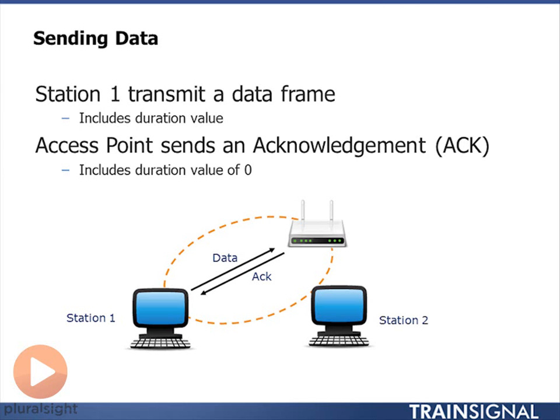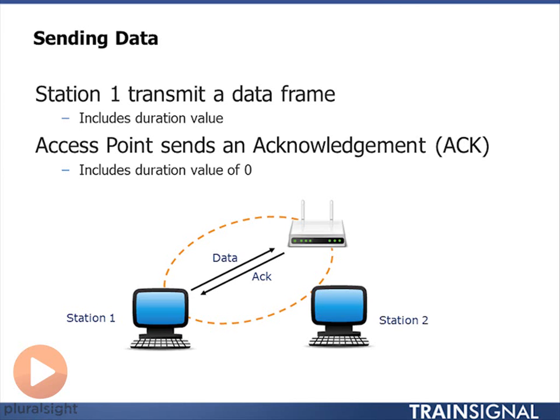If that data frame is successfully received, the access point will respond with an acknowledgement. Included in the data frame in the MAC header is a duration value, and the duration value is the NAV. I am literally telling everybody, hey, I'm going to be transmitting for this period of time, and it is calculating how long it's going to take to send that data frame for the access point to respond back and send an